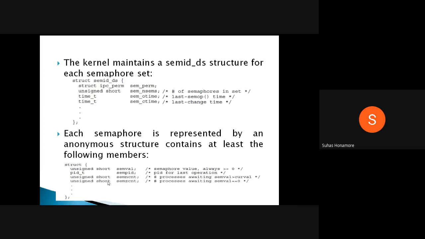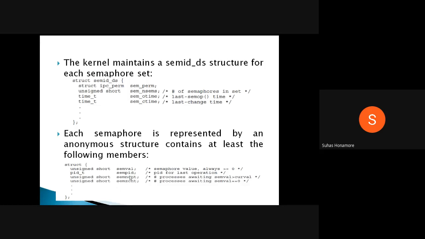And here one more thing is semaphore 0. It is the count for semaphore 0, how many processes are waiting, meaning they already came. If they have even one resource, it's enough for them, so they are in the waiting period. So how many processes are in the waiting period now. This is for a particular value; if it is 0, it means if any one resource is there, they can use it. So like that we have 2 counters.